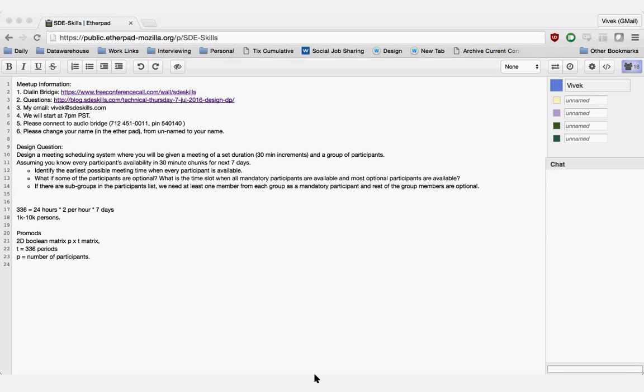And whoever has the least end time, after that it's not possible to schedule a meeting. So we can eliminate all the time slots before the latest first time and after the earliest last end time. That would be step 1.